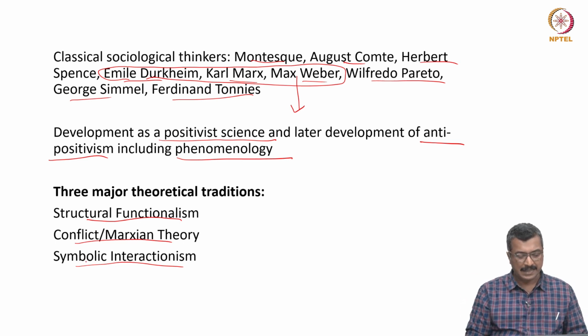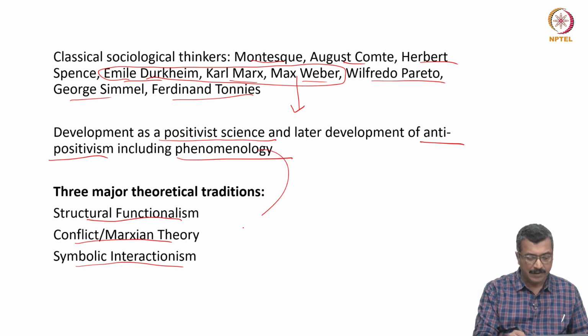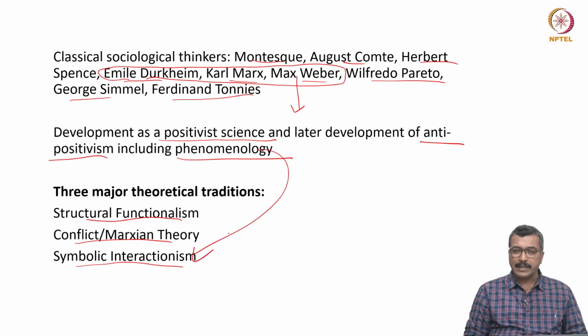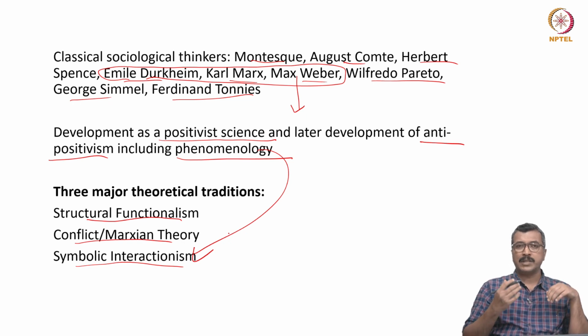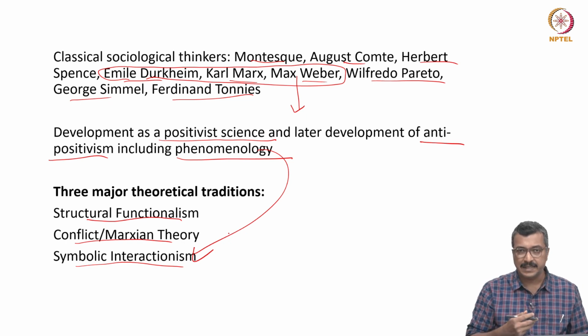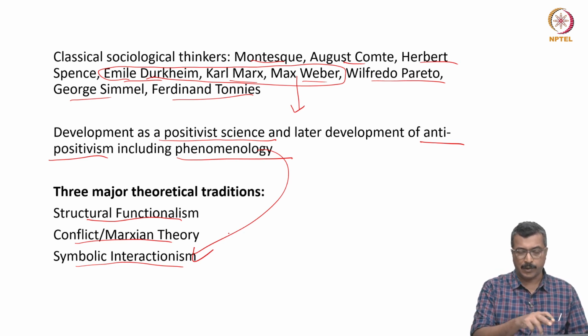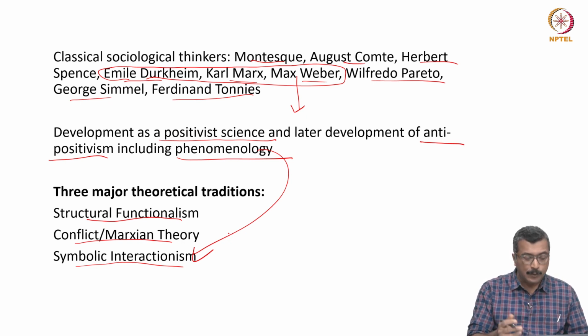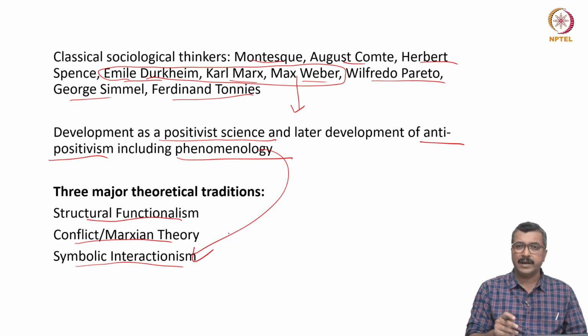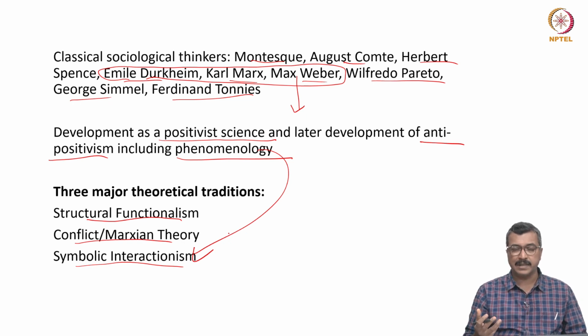And the third one, symbolic interactionism, is a derivative of the phenomenological school, which tries to understand how human beings interact with each other, and how different perspectives about social realities are constructed. For example, ethnomethodology and similar theoretical arguments come under the larger symbolic interactionism. It tries to understand how human beings use symbols and language to create a kind of shared intersubjectivity.